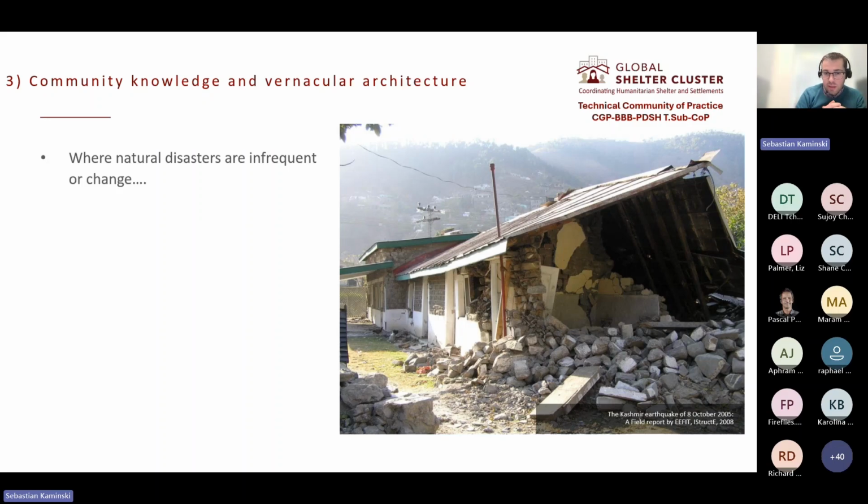An example was Kashmir 2005. In that region, a lot of the housing is made of stone. Stone is locally available. The system there works very well for the cold climate. It uses local materials. It's easy to build. However, earthquakes there are quite rare, and therefore, unfortunately, those buildings performed very poorly to earthquakes.